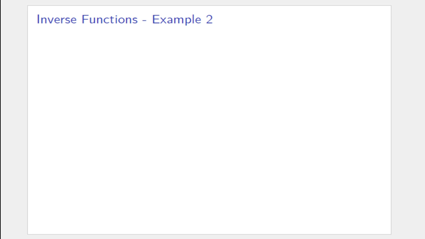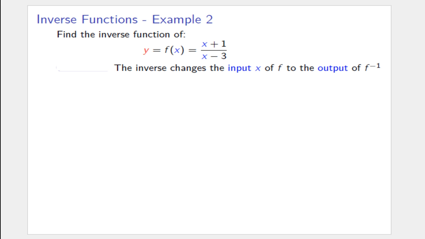In this example, we want to find the inverse function of y equals (x plus 1) over (x minus 3). Like in example 1, the inverse changes the input x of f to the output of f inverse. To get x as the output, we need to solve this equation for x, so we have a formula giving